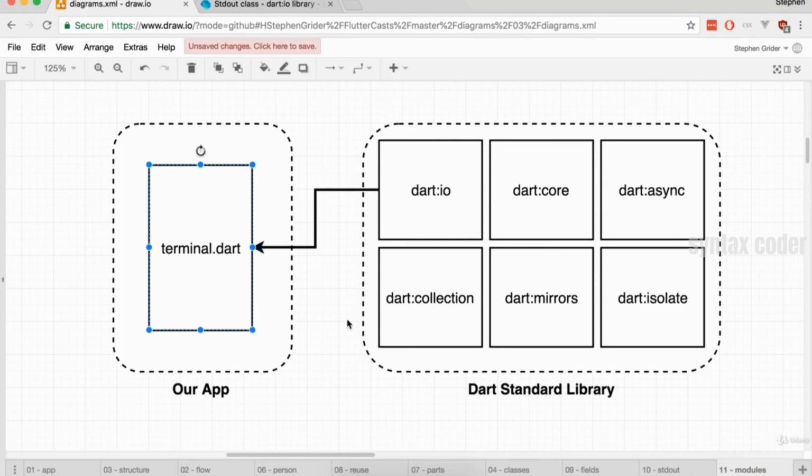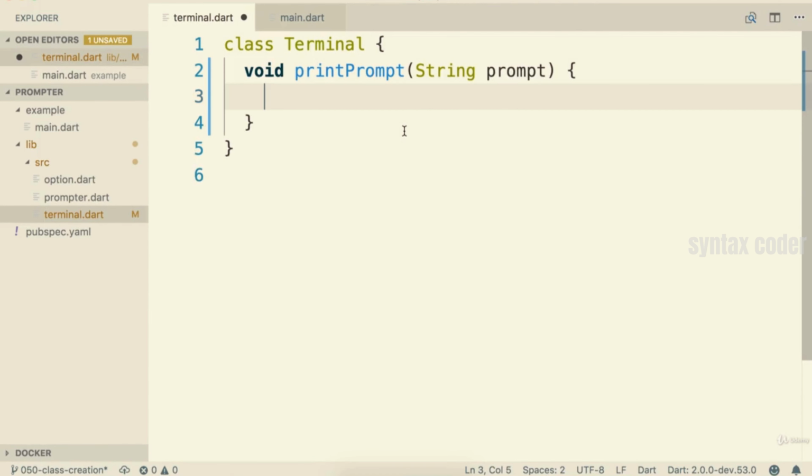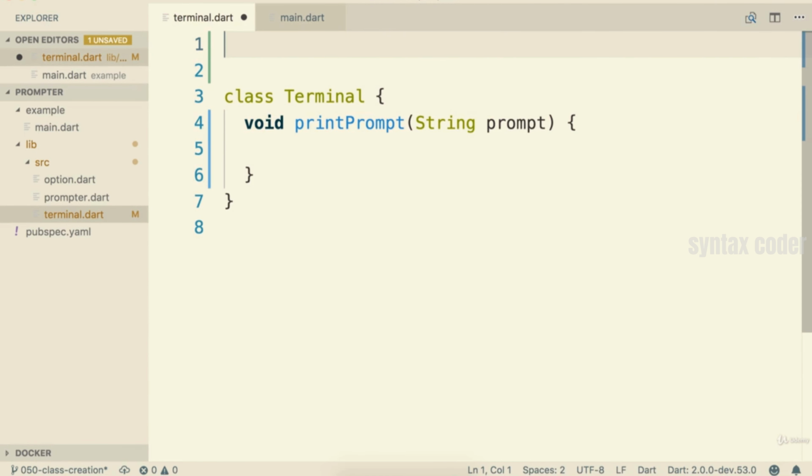So it's only now that we are inside of our own code editor in a more serious environment that we have to start worrying about these import statements and linking this Dart::io module up to our terminal.dart file. So let's flip back over to our code editor and form this connection right here. To form that connection, I'm going to go up to the top of the file, the very first line, and write out import